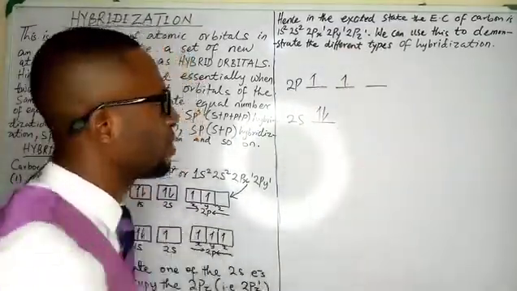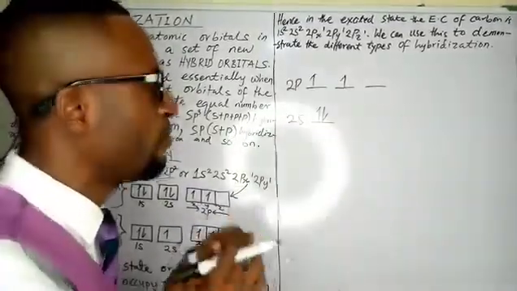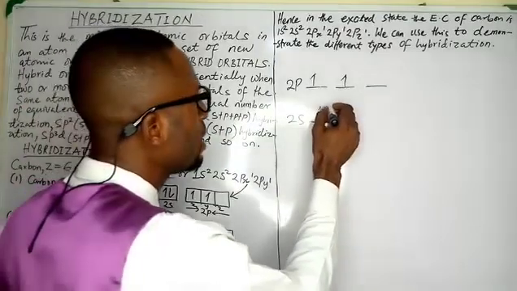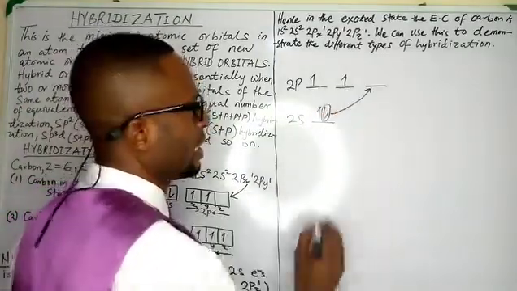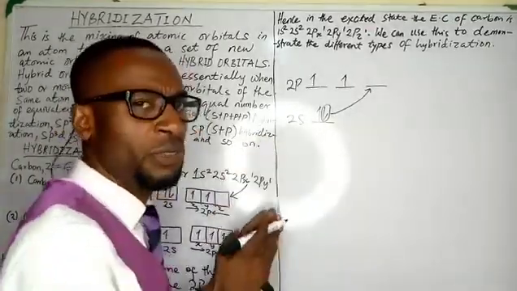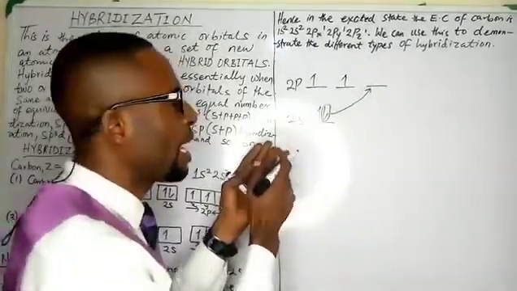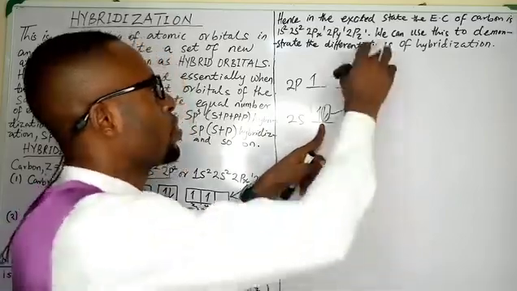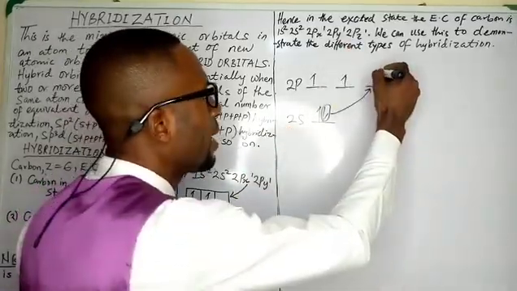And what they are telling us is that during hybridization, the first point of call is that one of these electrons in the lower orbital gets promoted. Excitation happens as we introduce perhaps heat or electricity to a system. So during hybridization, one of the s electrons jumps up when the atom is excited.